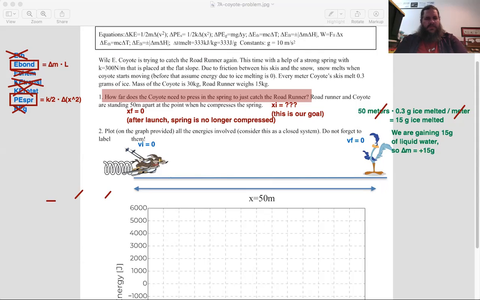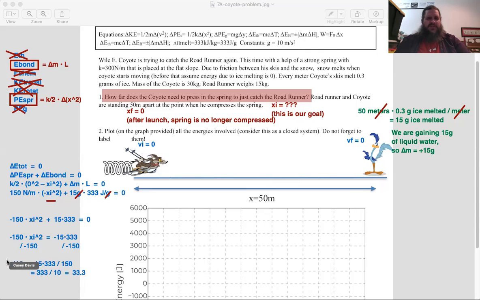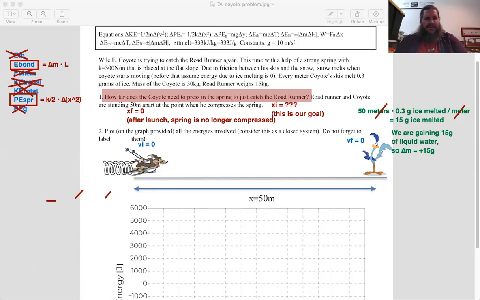Yeah, 33.3. So x initial squared is 33.3. What's the last step we still need to do to find x? Yeah, square root. So that'll be somewhere between 5 and 6,